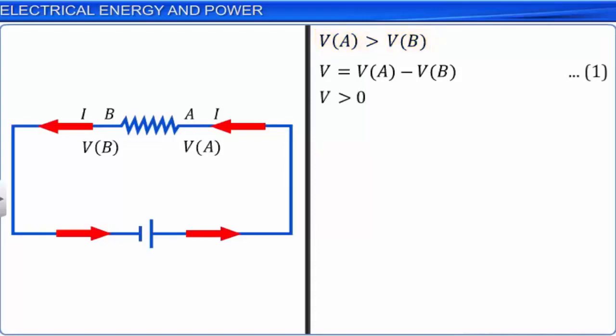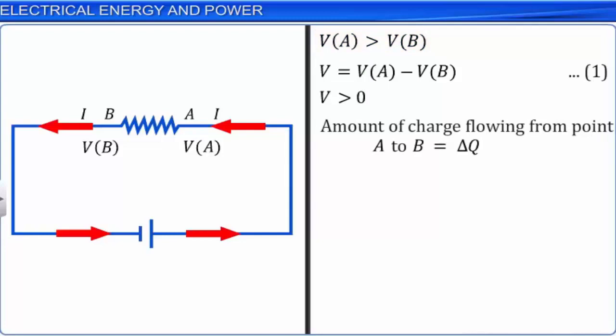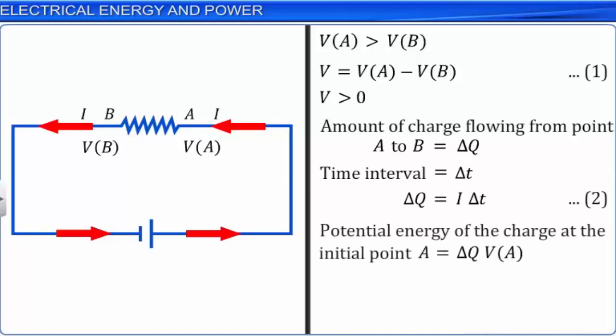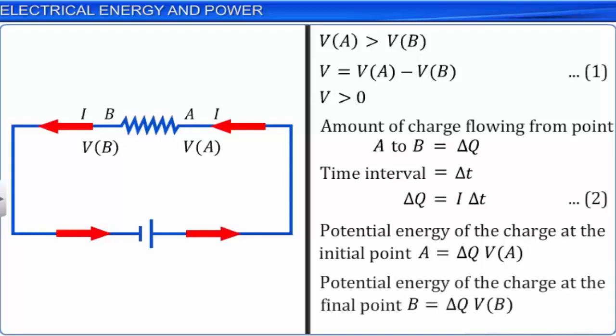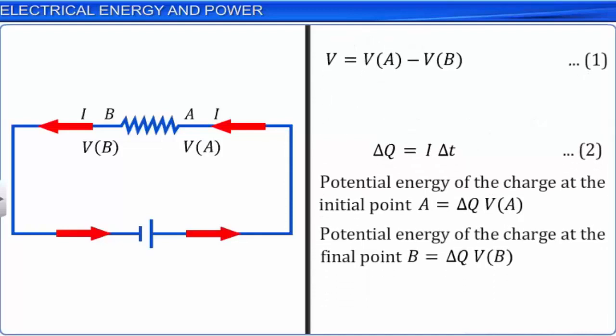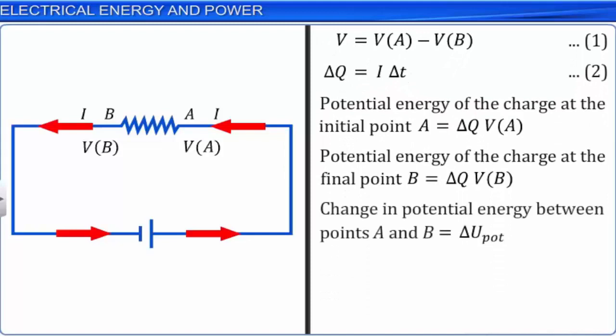Let the amount of charge flowing from point A to B be delta Q in the time interval delta t. Delta Q can be expressed as the product of I delta t. Let this be equation 2. The potential energy of the charge at the initial point A is delta Q VA. The potential energy of the charge at point B is delta Q VB. A change in potential energy between points A and B is expressed as delta U potential,